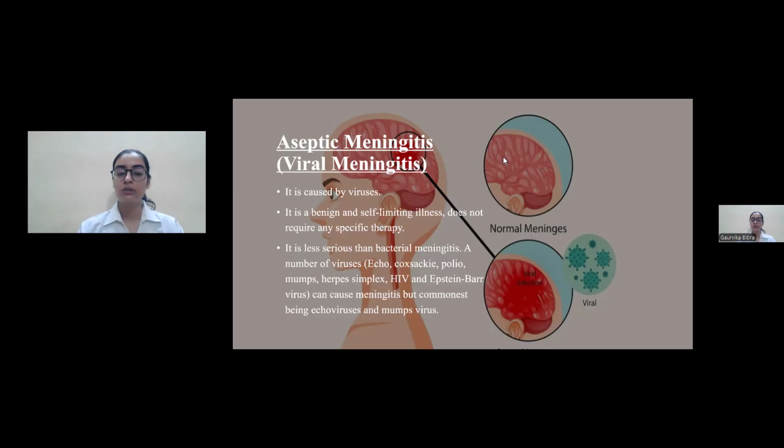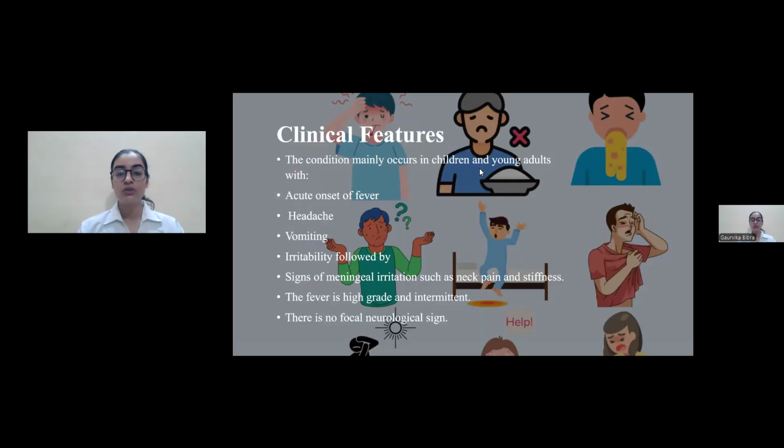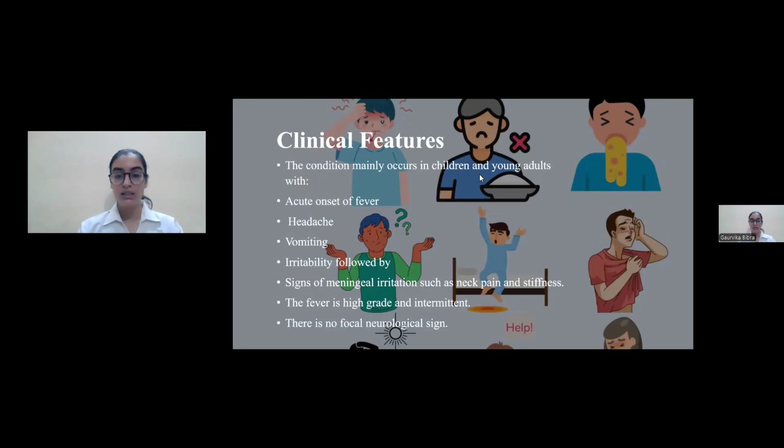For example, there could be herpes simplex, HIV virus, EB virus, Coxsackie virus, polio virus, but the most common being the echovirus and the mumps virus. So the clinical feature of this disease is an acute, sudden onset of fever. There would be headache, vomiting, irritability, followed by signs of meningeal irritation such as neck pain